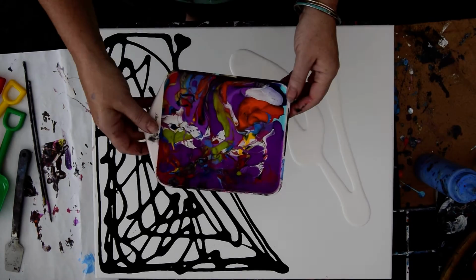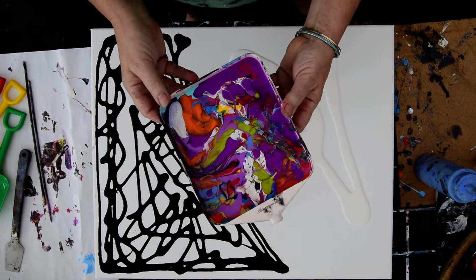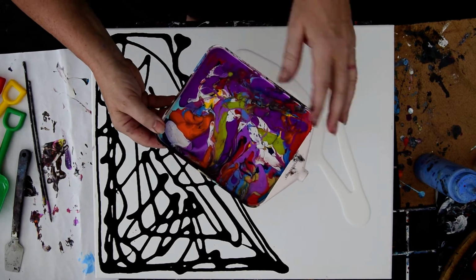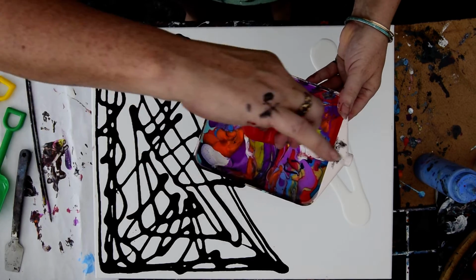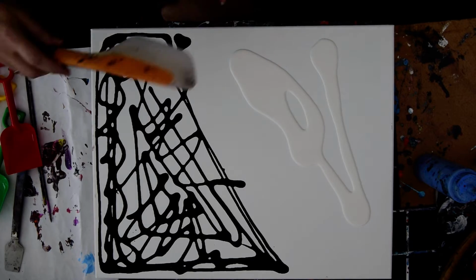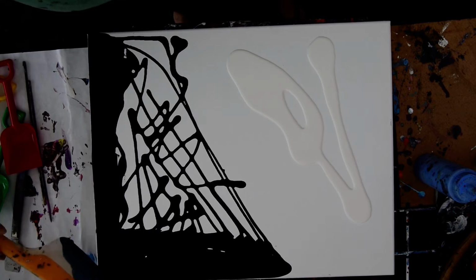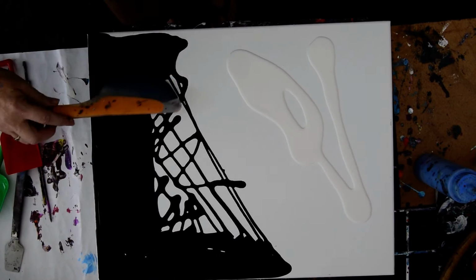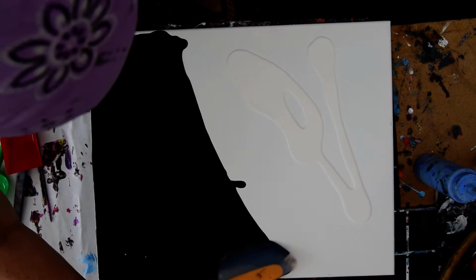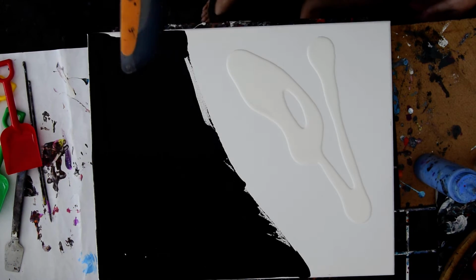I created some wonderful colors in a random pattern, and they just kept getting more and more random, and I will add colors as I feel I need them. The shovel is great for making marks. So, this time I have started by allowing myself partial black and a partial white side, and we'll see how far that goes. It's pretty hot out here today, like stupid hot, like 90s, but